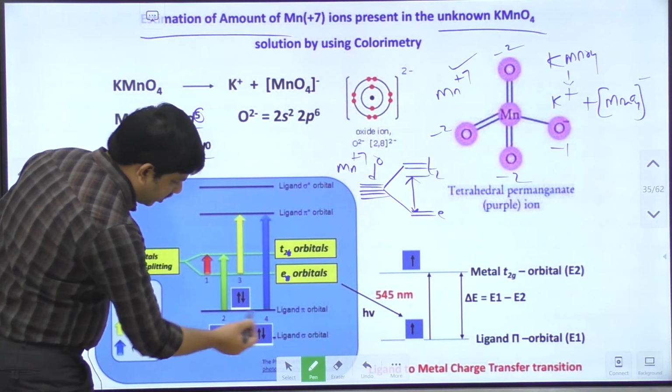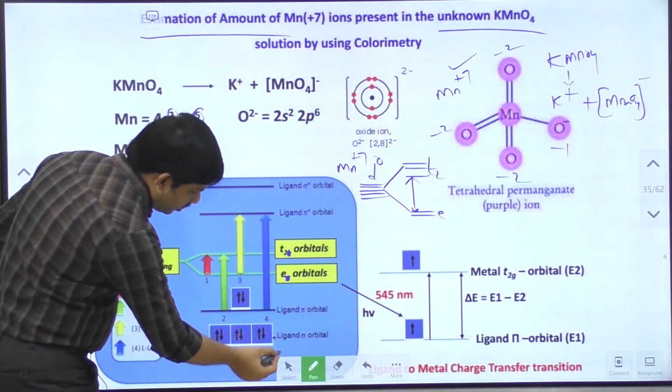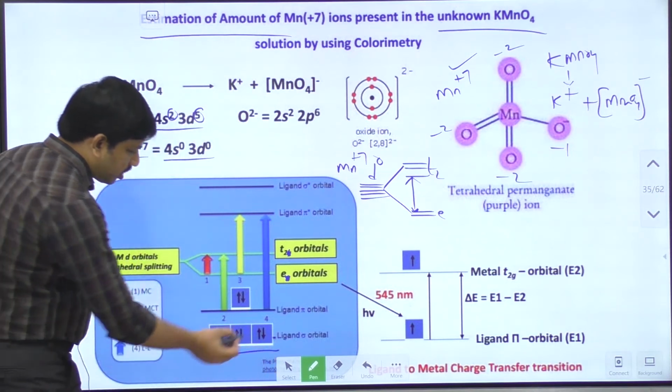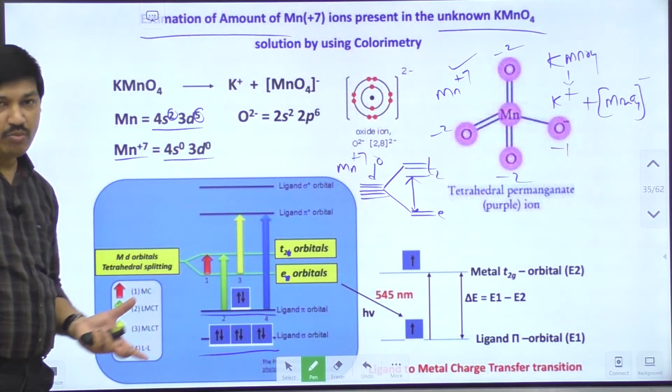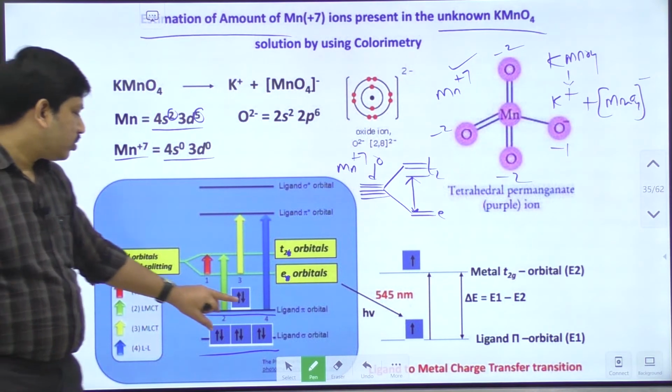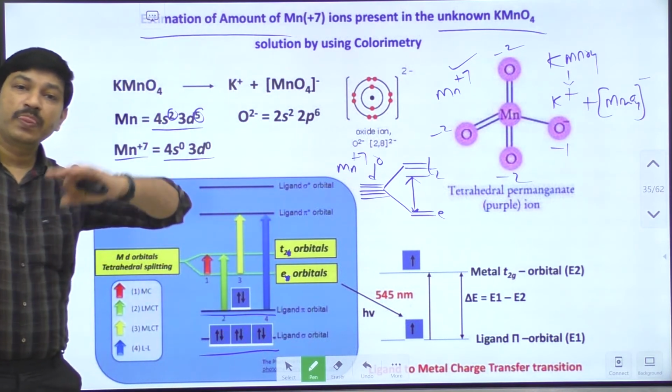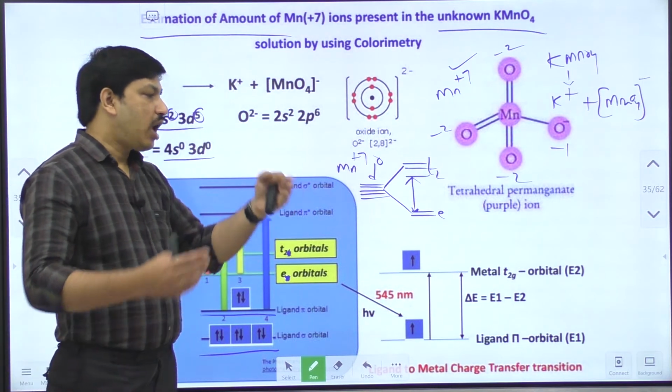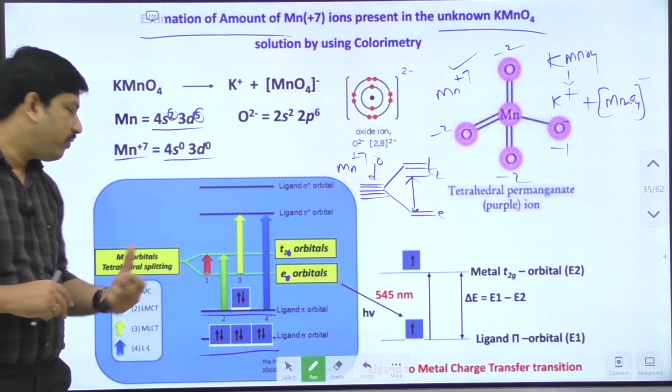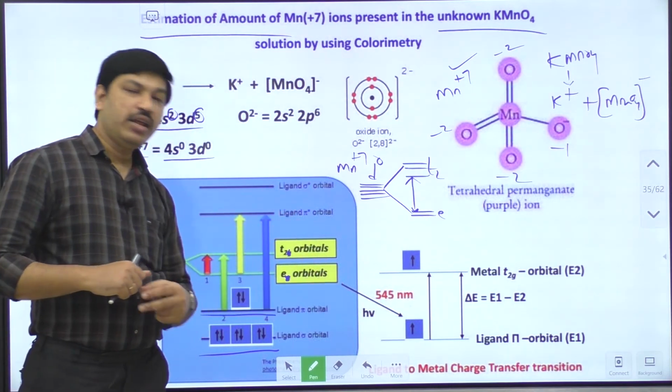And these are ligand orbitals. We have 4 different ligands. These are the ligand sigma bond forming orbitals, and these are the ligand pi bond forming orbitals. These are the levels actually generated from the symmetry group theory concept. After that we have done the linear combination between the metal d orbitals and the ligand orbitals.